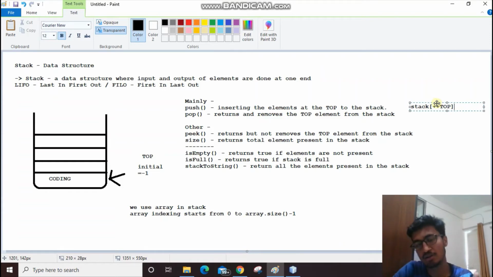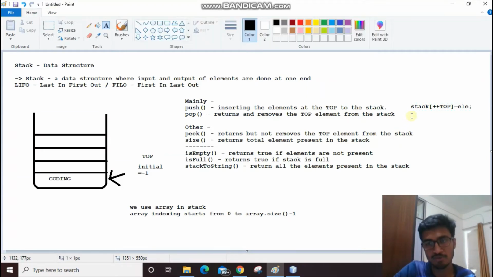The initial value of top is -1, and we have to start inserting from 0. So first we increase the top from -1 to 0, and then we use that value of top: stack[top] equals ele.